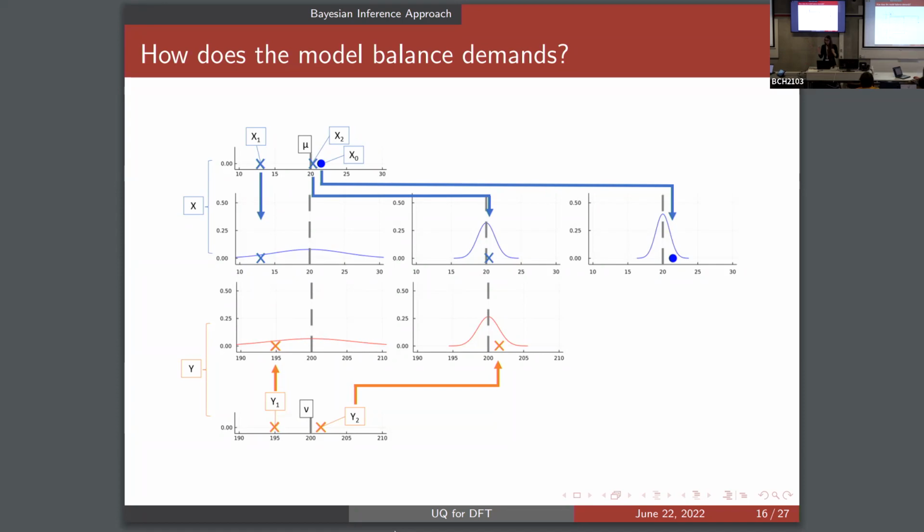There are also, for X, all of these distributions centered around a common mean that have different variances related to what the model infers the quality of the functional predictions. When we move to Y,